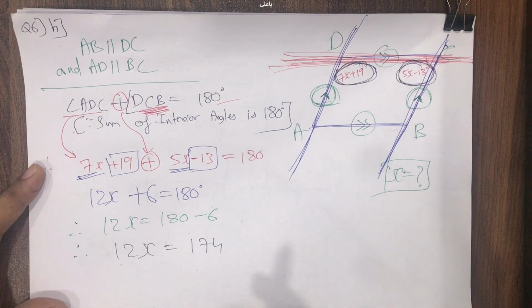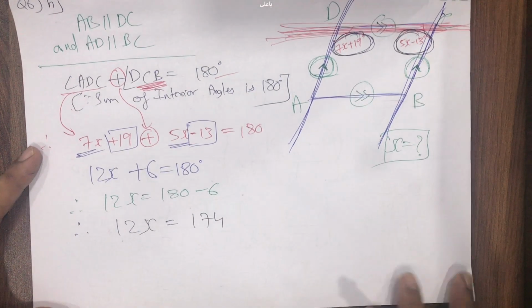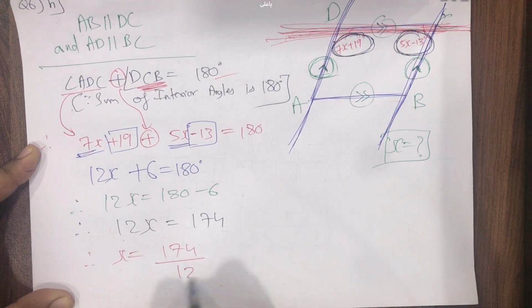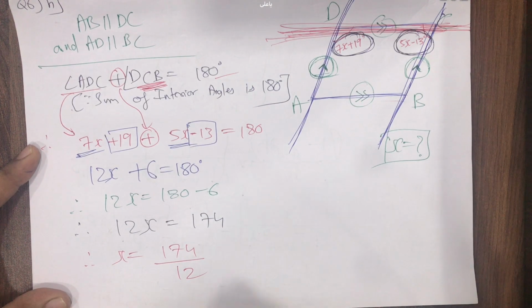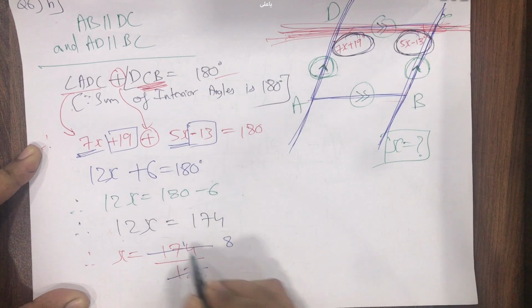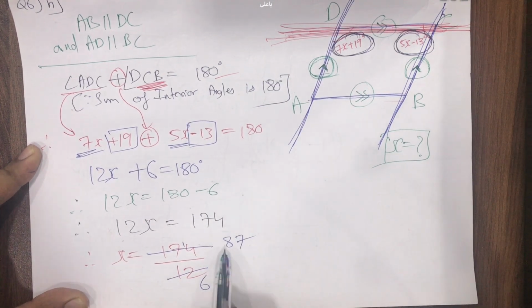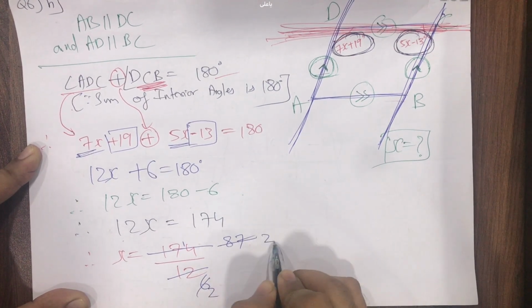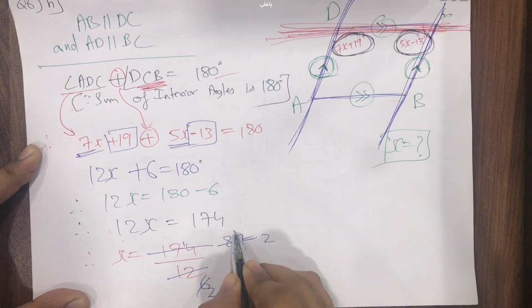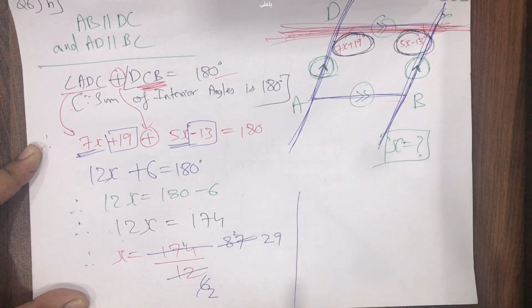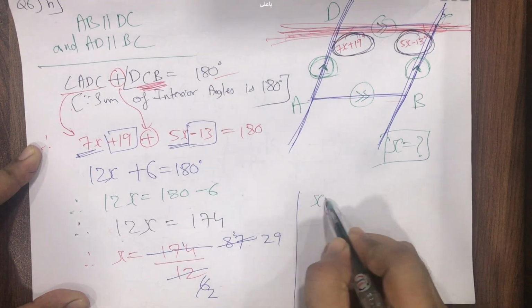I don't have place here, so let me shift it a little bit. Therefore x will be 174 upon 12. 12 comes down over here. Let's cancel with 2. 2 sixes are 12. It's 17. 2 eights are 16, carry 1, this becomes 14. 2 sevens are 14. Now students, 8 plus 7 is 15, and 15 goes in the 3 times table. 6 also goes in the 3 times table. 3 twos are 6. It's 8, so 2 is remaining, becomes 27. 3 nines are 27.